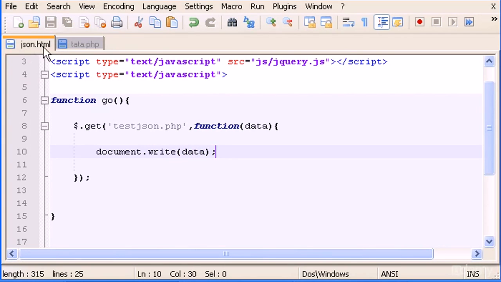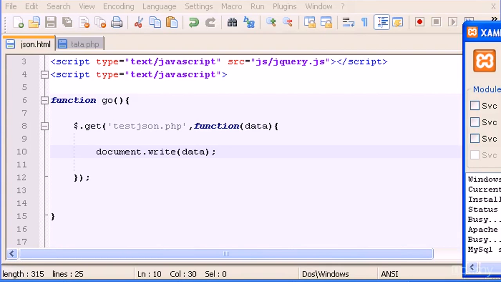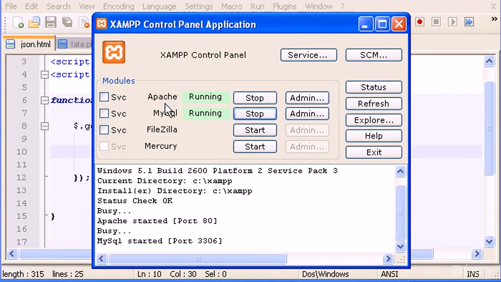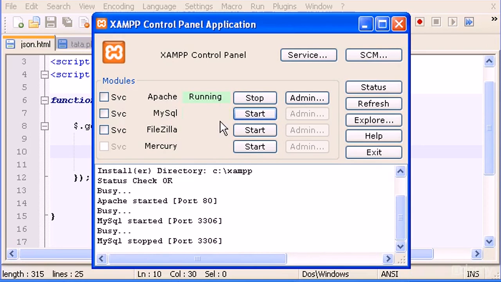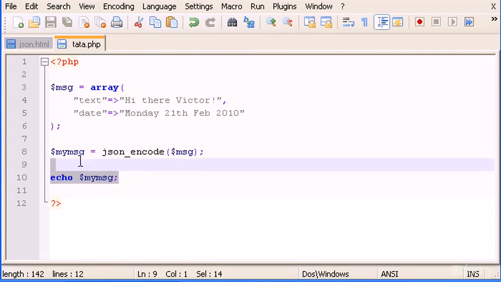Save this as json.html. Another thing I want you to do for this to work is to run your XAMPP control panel and run Apache and MySQL. We don't need MySQL for now, we will not use any database now. Just run the Apache virtual server. If you don't have XAMPP, just download it and run it. You have to save these files, json.html and the one we'll create,